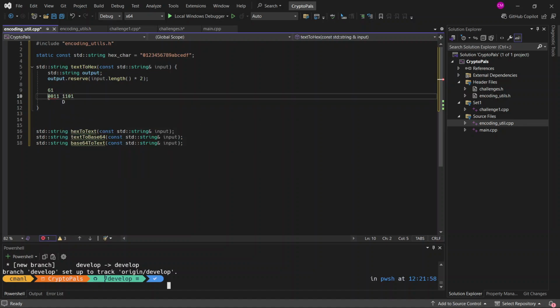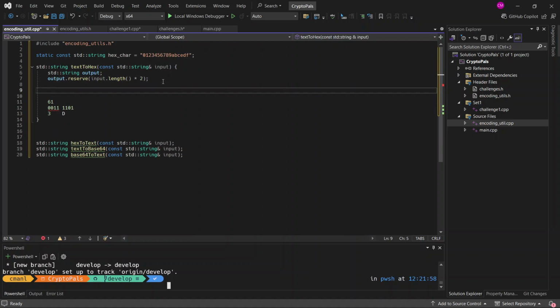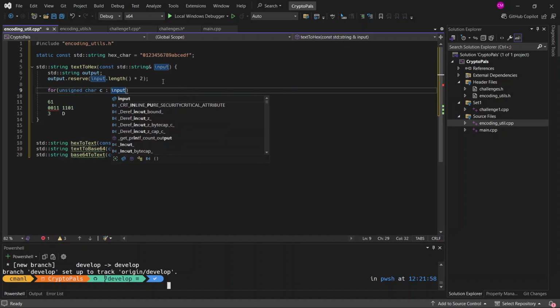And then this other half of the hex character is going to be 1 and 2, which is just 3. So 61 in hex is just going to be 3D. That's what our program is going to be doing. Okay? So to actually implement that, it's going to be very simple. We're just going to have a simple for each loop. So for each unsigned character in the input,